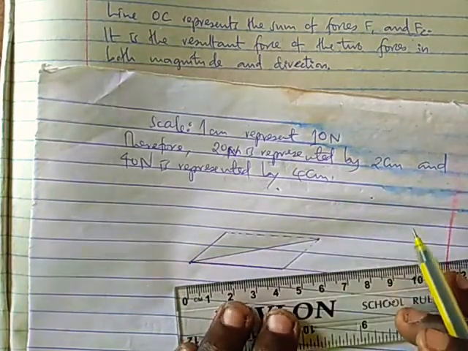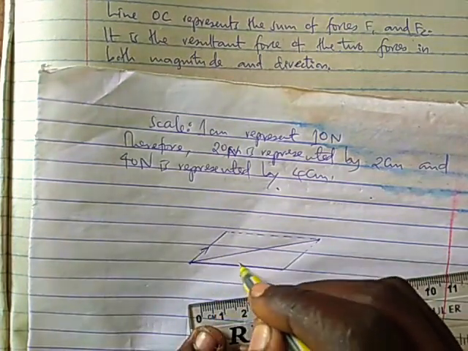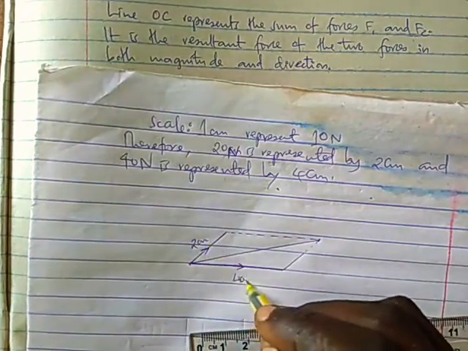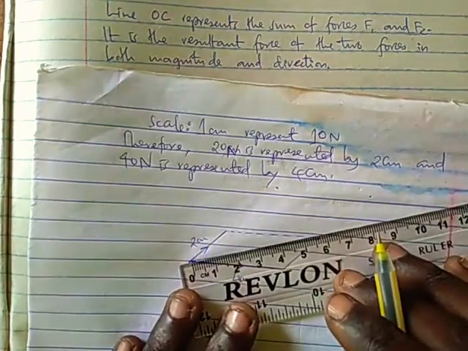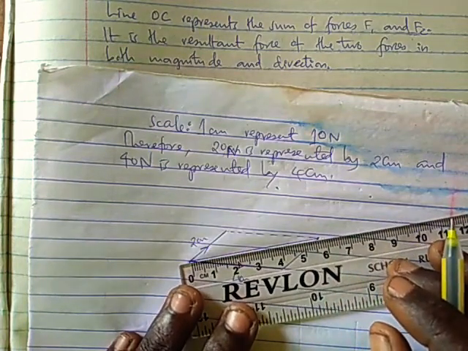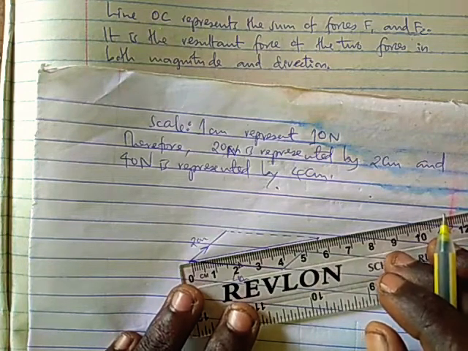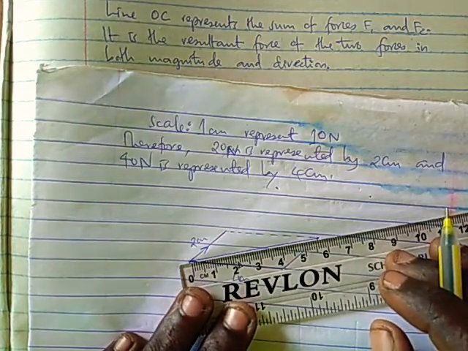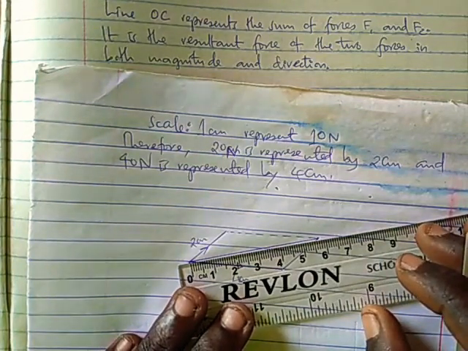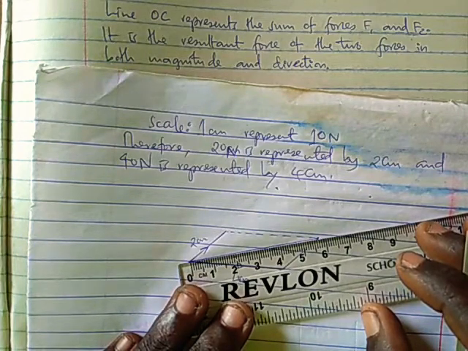Hiyo ni diagonal, na kama unavyoweza kuona, hapa ni 2 cm, hapa ni 4 cm. So measuring the length of the diagonal, tutapata the length of the diagonal hapo itakuwa ni kama, it's about